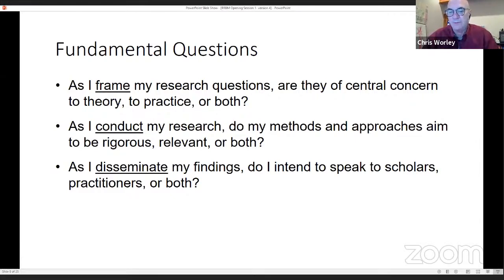Sue talked about how it was important to do who you do this work with. I think one of the other themes in the book is, are you clear about what you are trying to do and your own orientation to this work? And so these questions became the foundation of the work that we did in the book.